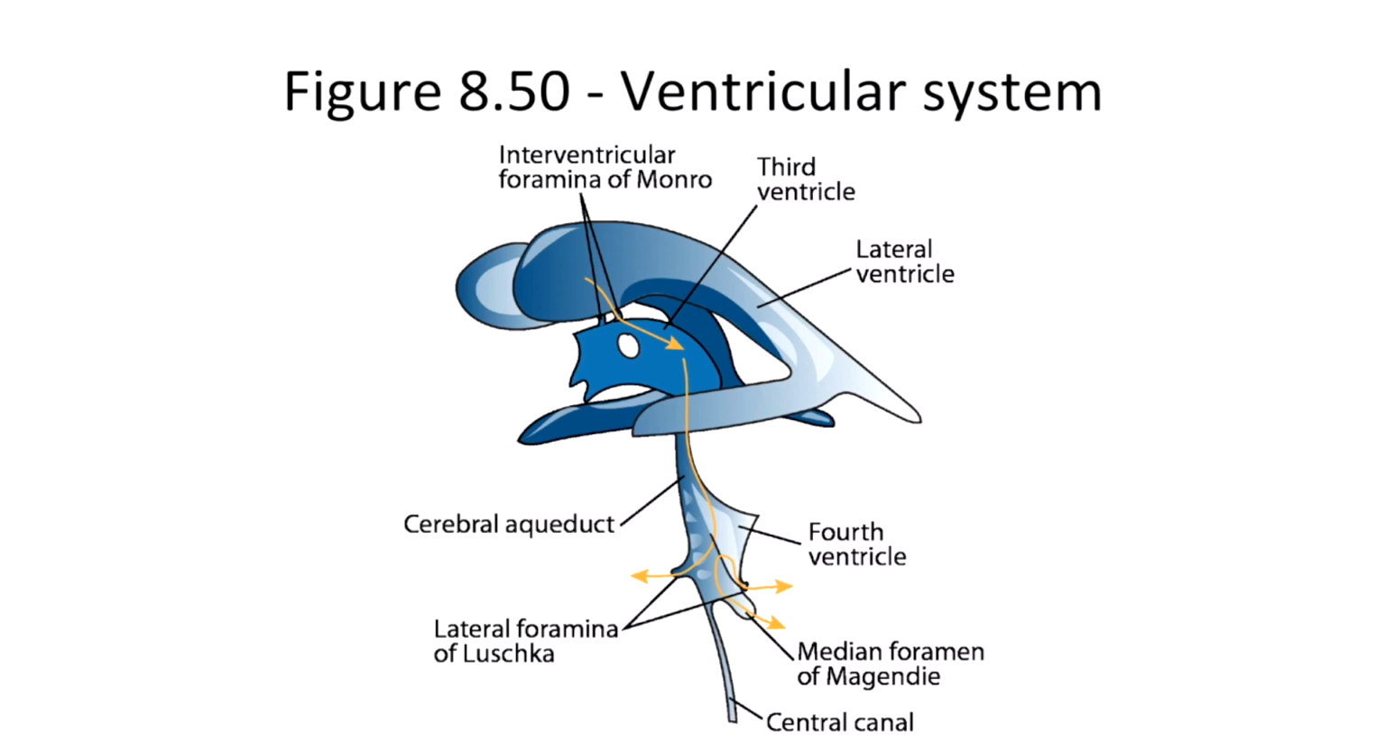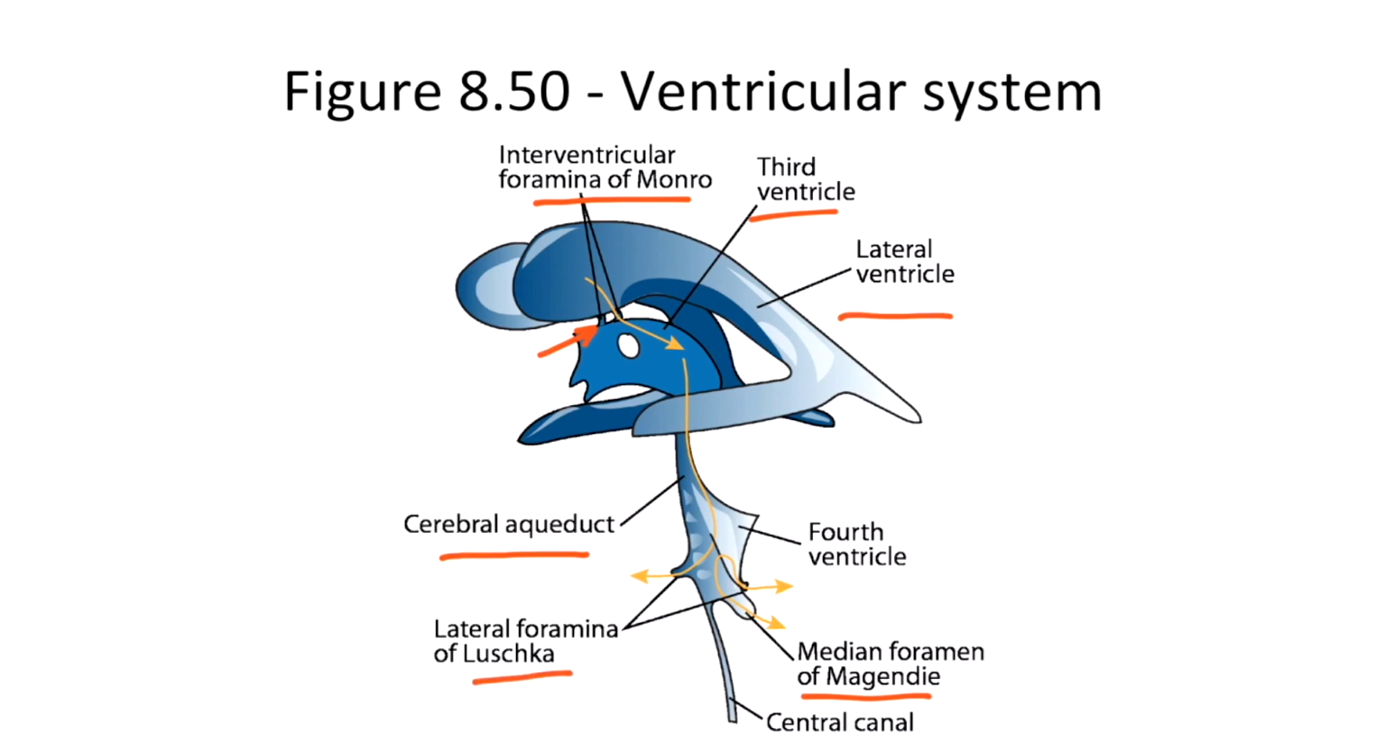From the lateral ventricles, CSF moves through the interventricular foramina of Monro into the third ventricle. Notice the interventricular foramina of Monro right here. Once in the third ventricle, CSF moves into the fourth ventricle through the cerebral aqueduct, which can be seen right here. At this point, the CSF moves into the subarachnoid space through the foramen of Magendie and the two lateral